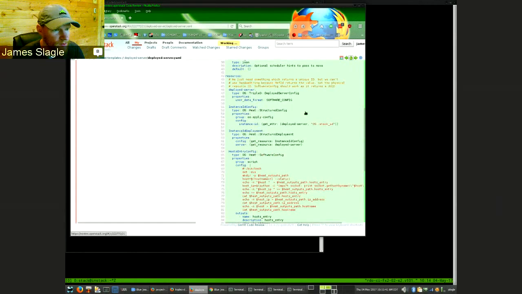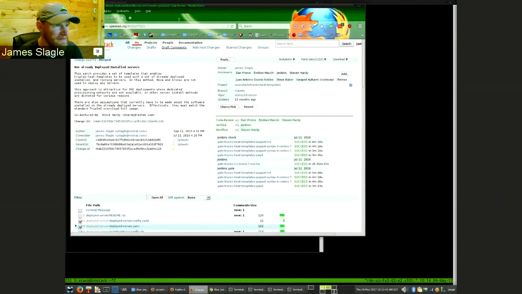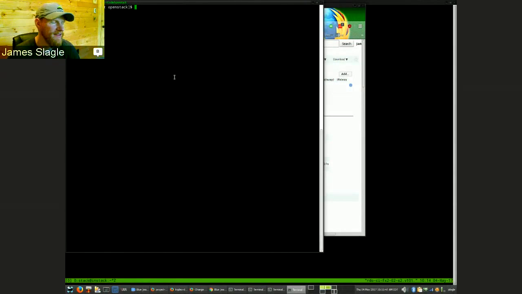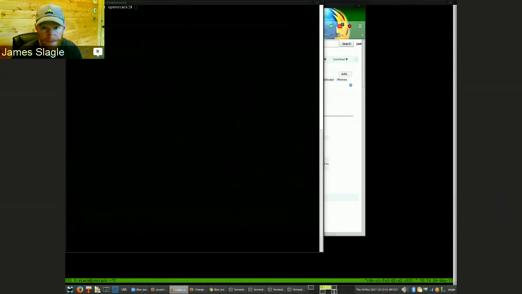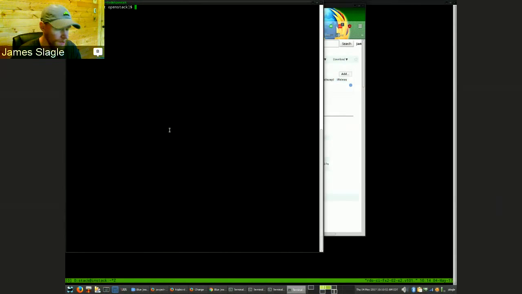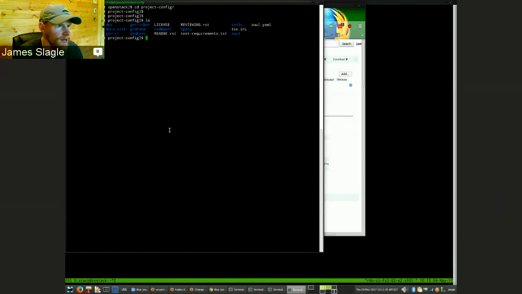All right, so that's probably a little confusing, just from a high level. So I'll get into how we're using this with CI. First off, if we jump into the project config repository, which is where all of our CI jobs are actually configured. Inside this repository, there is a nodepool directory, and nodepool is the upstream project